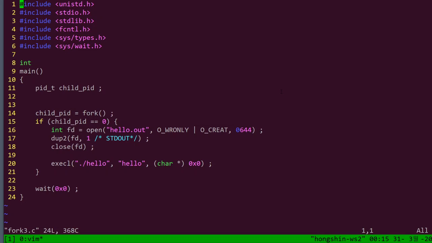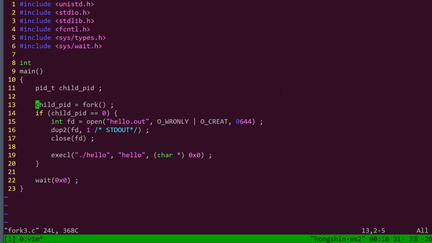So check this one. Here we have a fork operation to create one child process, and let's skip over this part. This is a very typical example that creates a new process and runs the hello, and the parent waits for the child process to be terminated, and when the child process terminates, then the parent process terminates. This is very typical, but it has a few lines before the child process executes exec to load the hello